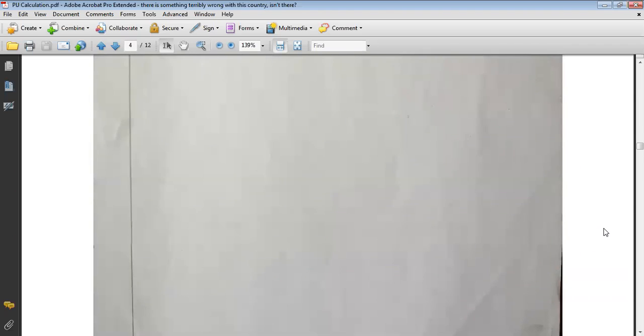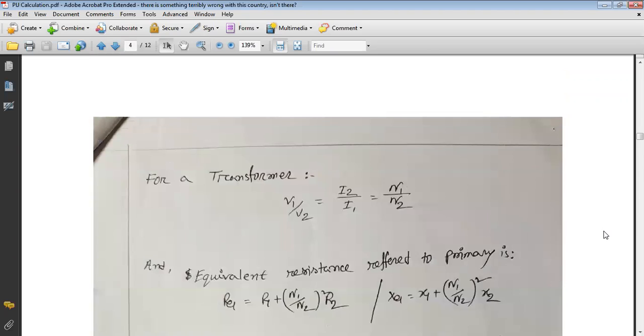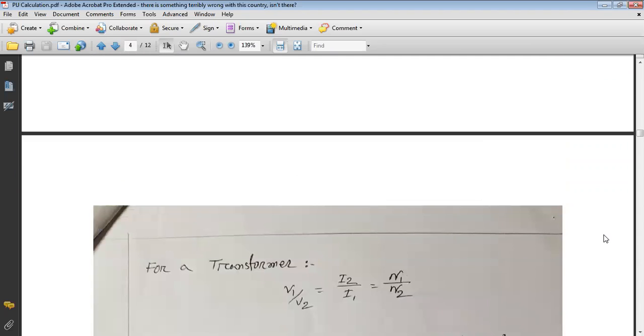নেক্সট হচ্ছে আমরা দেখব একটা, সেটা হচ্ছে ট্রান্সফরমারের জন্য।